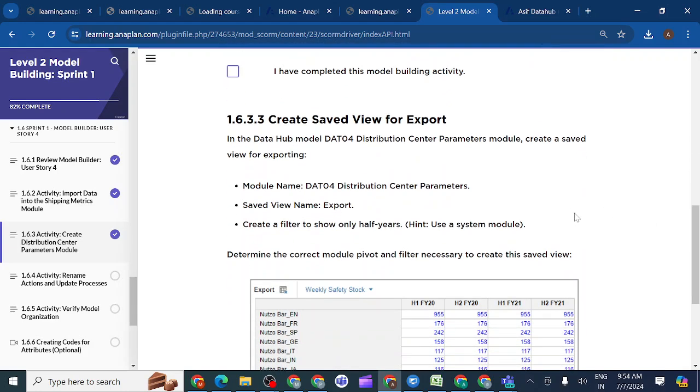So on the final step, they are providing a screenshot. Each and every time they are not providing it after each and every activity. So we should create each and every activity, and on the final activity we should compare. Create saved view